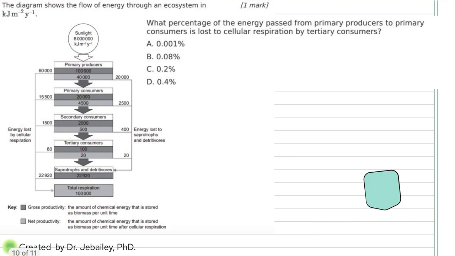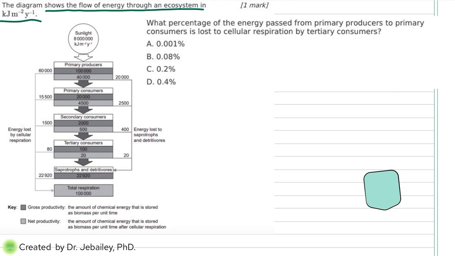And here we come to the last question related to topic 4.2. Here is a diagram that shows the flow of energy through the ecosystem in kilojoules. Now here, you can see students get very freaked out because they're looking at this and thinking, oh my God, this is a too complicated chart, but it really isn't. You can break it down by first reading it, and you will notice that there is some familiarity to you.